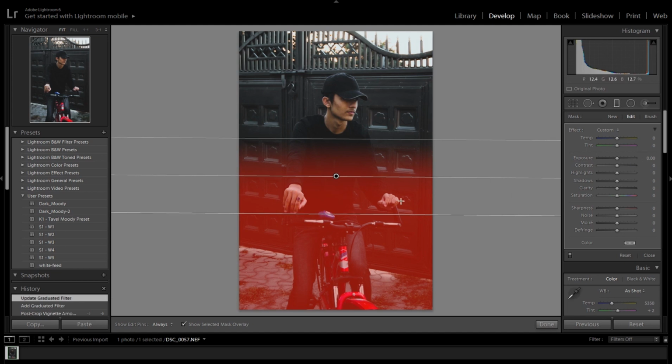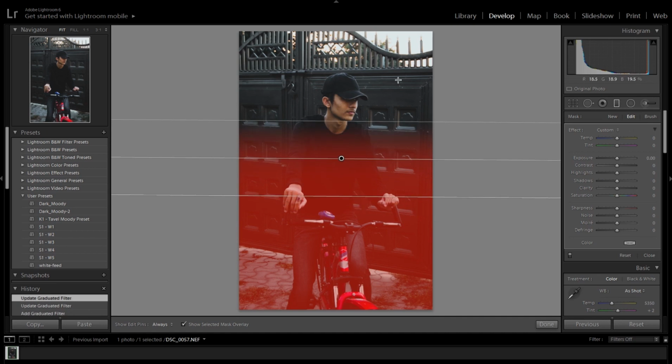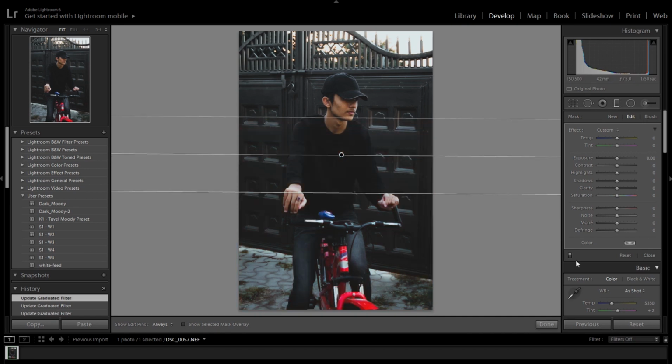So select the portion of the image leaving the face. We'll add another gradient tool above, but for now we'll select leaving the face. Just a little more, uncheck it, and now we'll add some contrast in this portion. About 54 or 50, 52. Decrease the highlights a little, shadows as well, clarity as well,